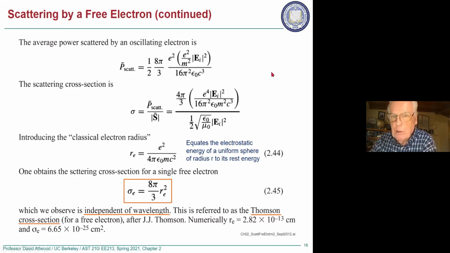And if you use that, you'll find that the scattering cross-section for a single free electron is 8 pi over 3 times this classical electron radius squared. So a couple of interesting things. This is named the Thomson cross-section after J.J. Thomson. It has a numerical value which seems quite reasonable for the size of an electron. And interestingly, it has no frequency dependence. So if you were to do laser scattering for plasma diagnostics, and